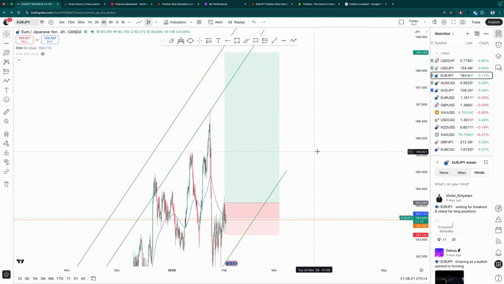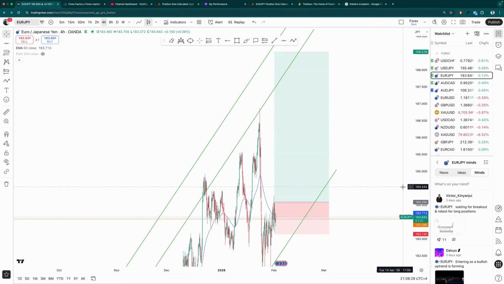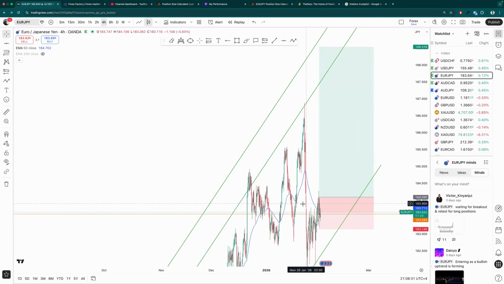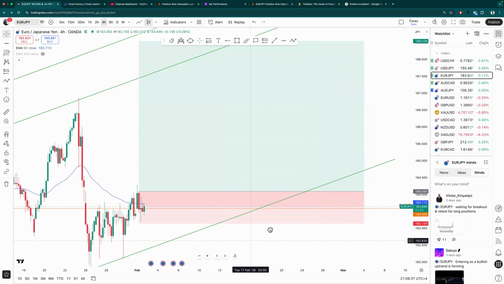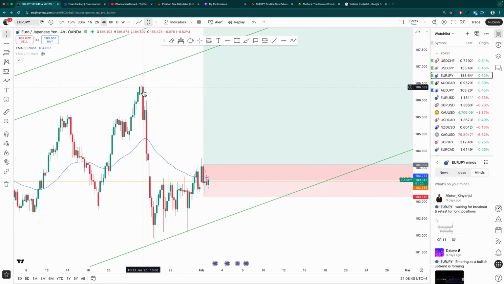Getting scared is where we start making mistakes. Now, right here, you can see why 4 hour is bearish. The price came from here to here. Now there's not a single candle closed below this. If one 4 hour candle would have closed below and then that structure would have moved up,